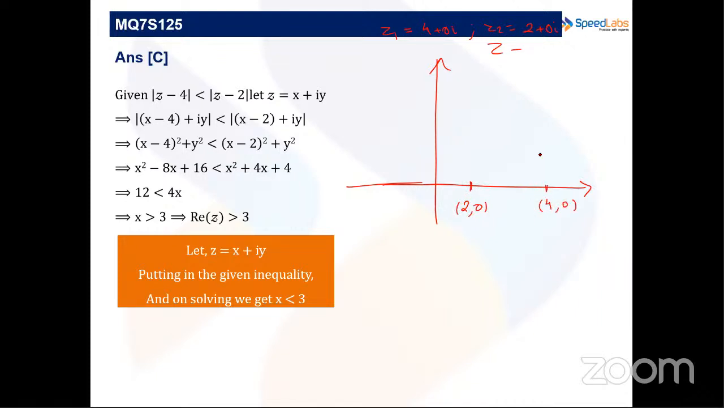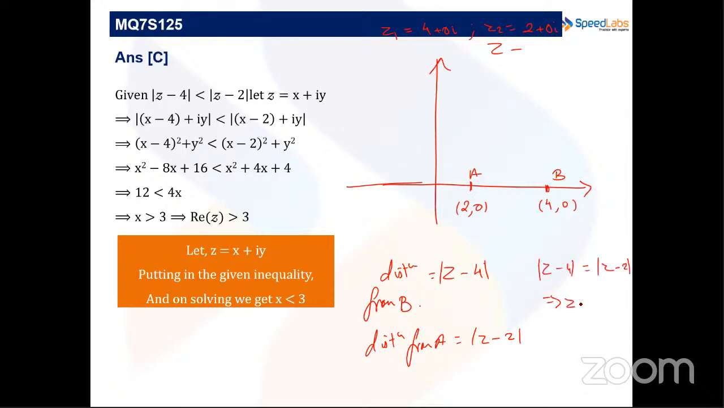Now Z is such that its distance from, Z minus 4 will represent distance from B, and distance from A is represented by Z minus 2 modulus. Now we can see that if these two distances are equal, Z minus 4 distance equals Z minus 2, this implies that Z will lie on the perpendicular bisector of AB,